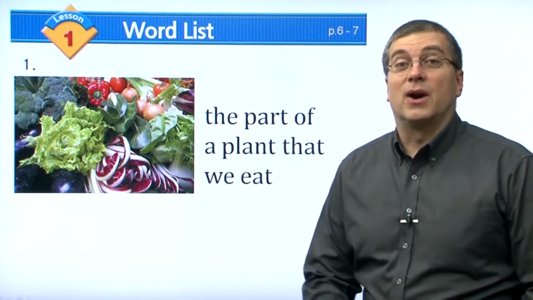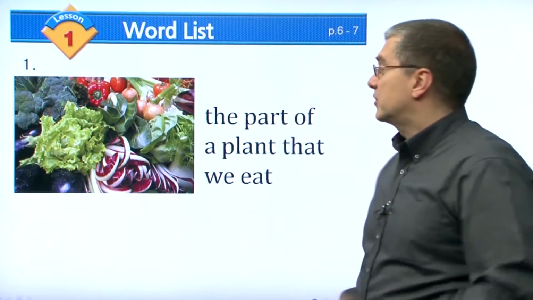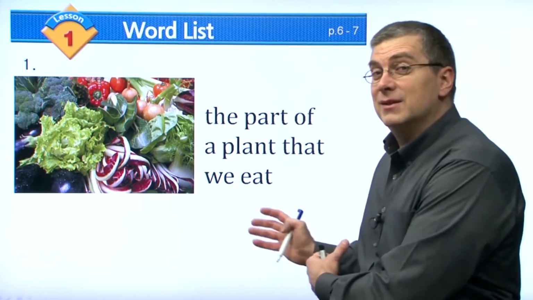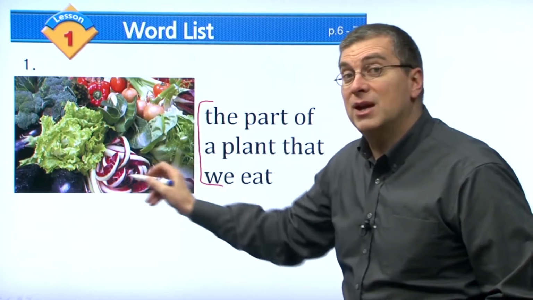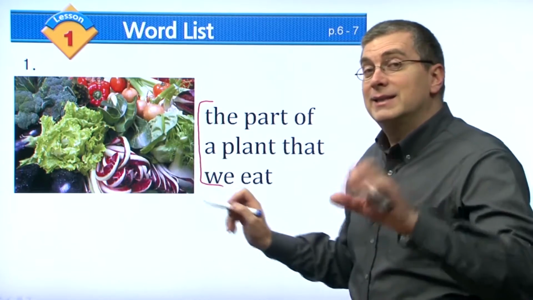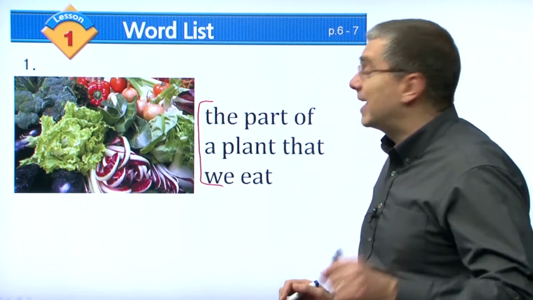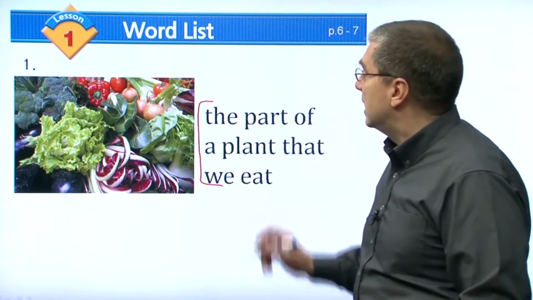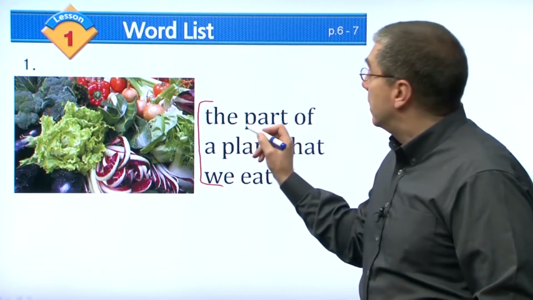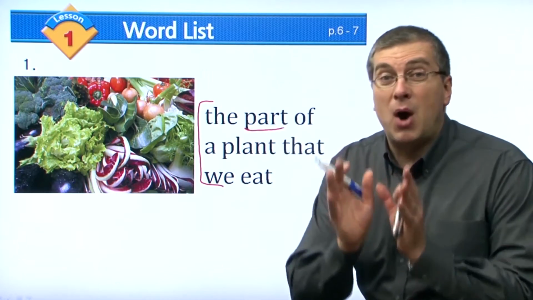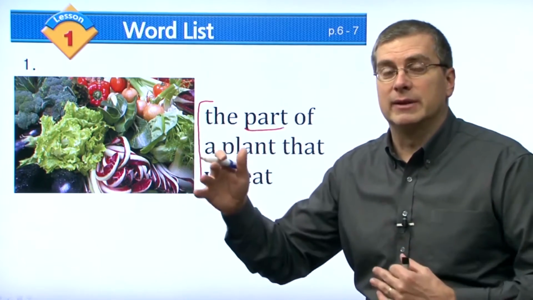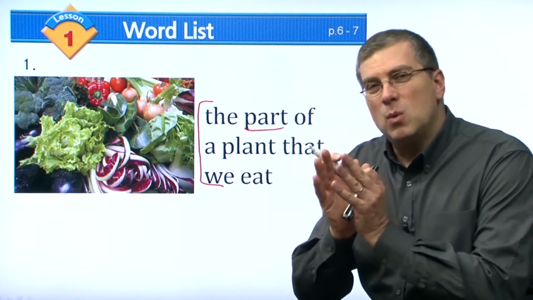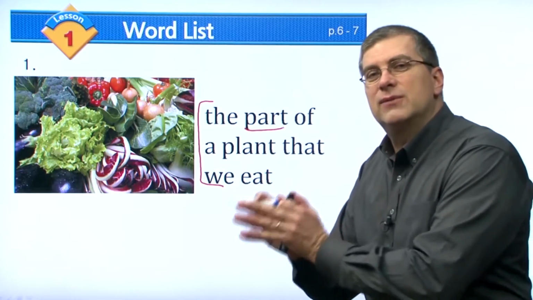Let's start with our first word. The first word, we don't see it, but we have the definition here, and we have a picture over here. Let's take a look at the definition. The definition is the part. The part. There are many parts of a plant, but we're looking at maybe one part or a few different